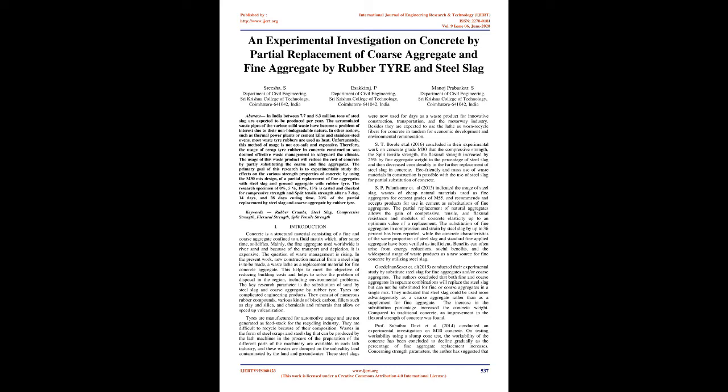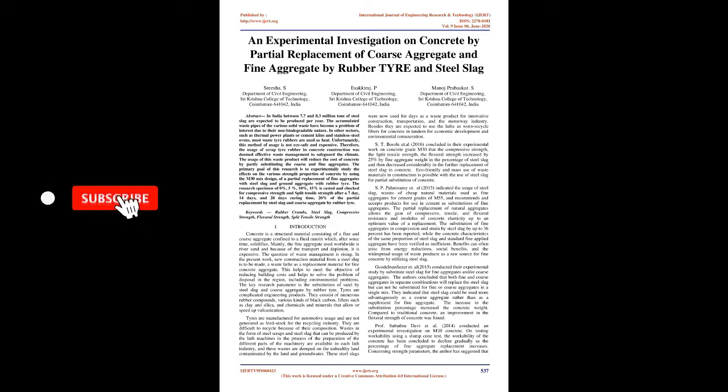The usage of this waste product will reduce the cost of concrete by partly substituting the coarse and fine aggregates. The primary goal of this research is to experimentally study the effects on the various strength properties of concrete, using the M30 mix design, of a partial replacement of fine aggregates with steel slag and coarse aggregate with rubber